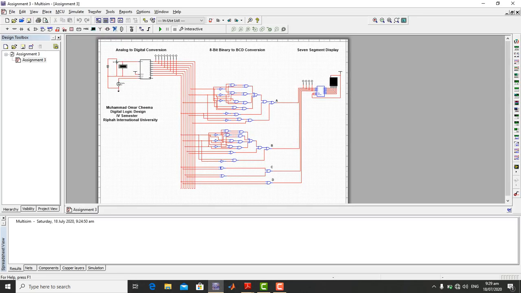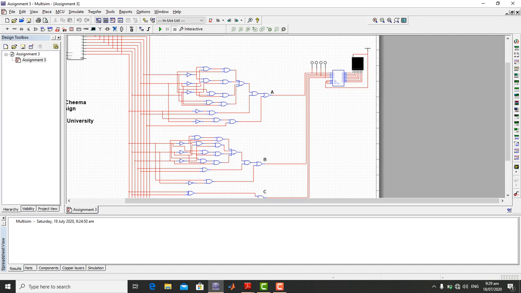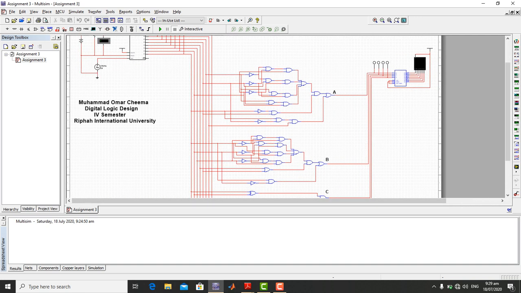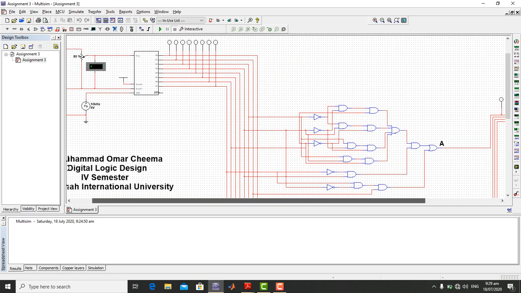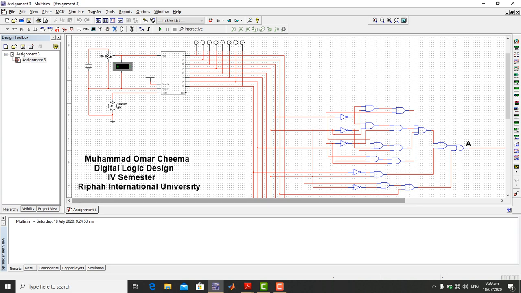This is the overall circuit. From the Nyquist theorem, we note that the sampling frequency should be equal to or greater than 2 times the maximum frequency of the signal to be sampled. So we will use the frequency of the clock voltage generator as 10 kHz.